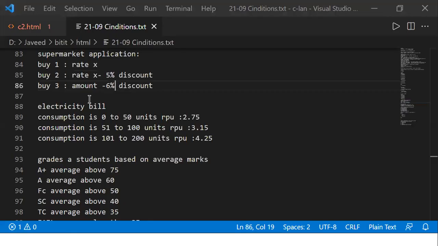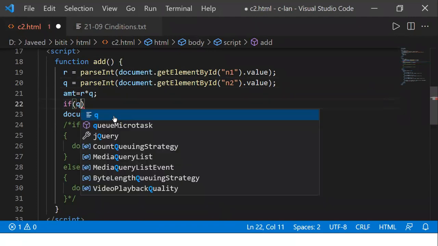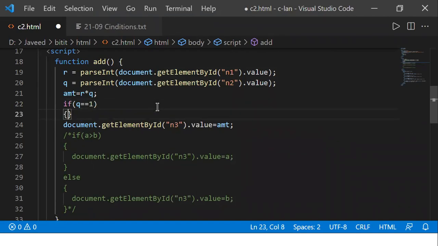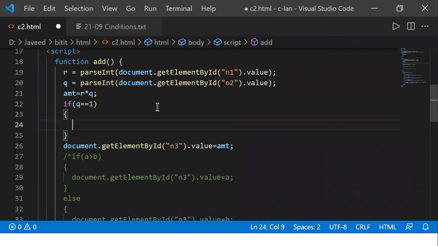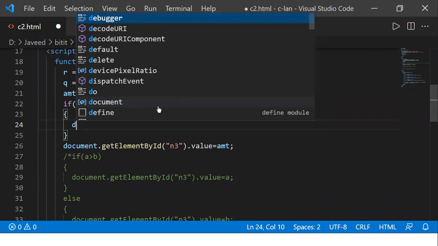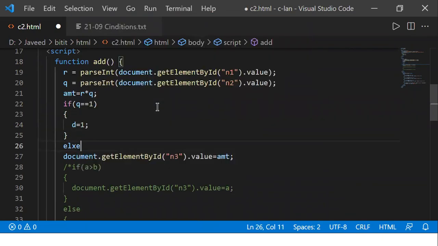So what I'm doing, I'm going there, I'm writing the condition now. So quantity is available for me in a variable called Q now. I'll check the conditions now. If the Q value is double equal to, you need to write. Understood? So when I'm going to do the condition checking, so if the value is equal to 1, means you write double equal to, you'll be writing it. If it is double equal to 1, then what is the discount that we'll be getting? So, okay, I'll use a shortcut name, D I'll be using. It is equal to 1%. Okay. Then else